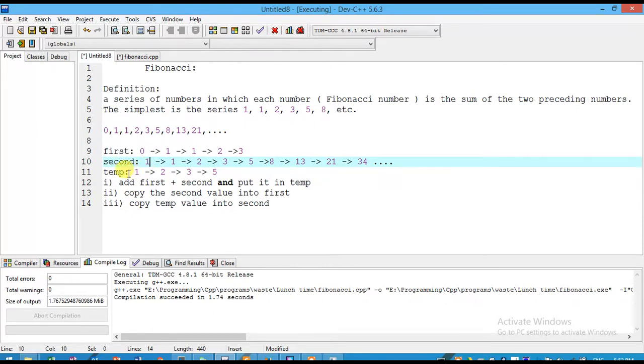So we take another temporary variable to save the sum, and after the addition operation, the first value is no longer useful. So I put the second value into the first, and then the temporary value into the second, and the process continues, so the memory uses just 3 integers only.